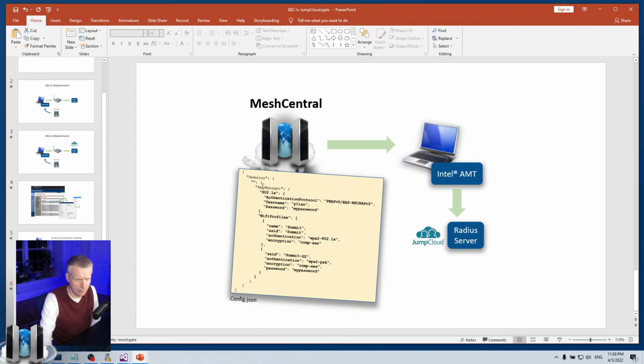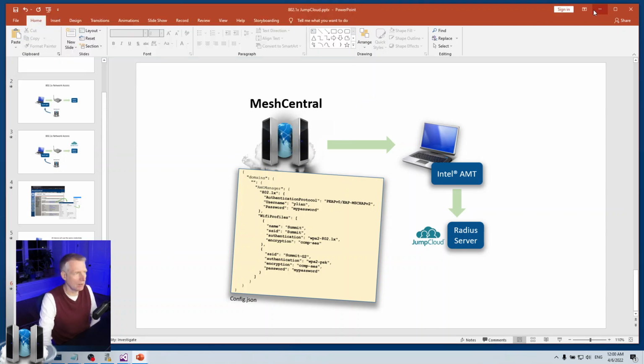Once we have JumpCloud and our network switch set up, we'll go inside the config.json file of MeshCentral, and we will set up a simple example, which is an 802.1x profile that will be used for wired, and then we will have two Wi-Fi profiles that we'll set in AMT, and one of them will have 802.1x, and this Wi-Fi profile will use the username and password that is in the 1x profile here. It will just use that. Okay, so